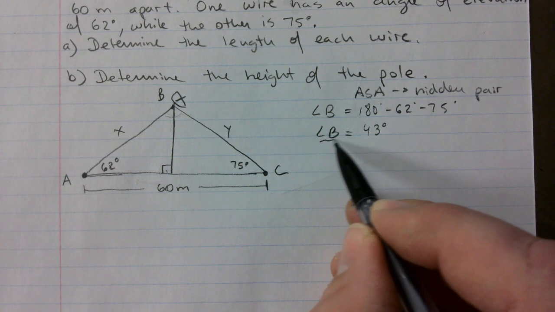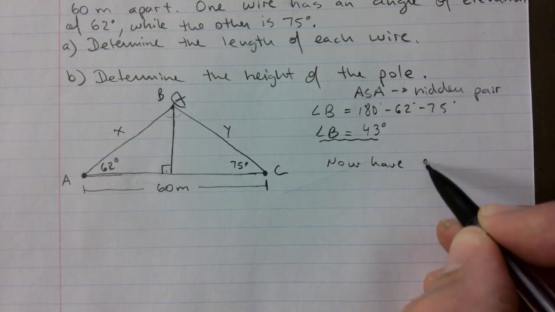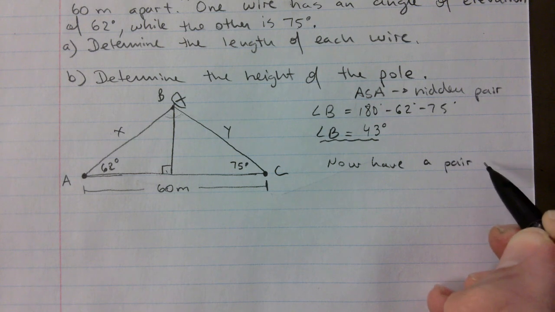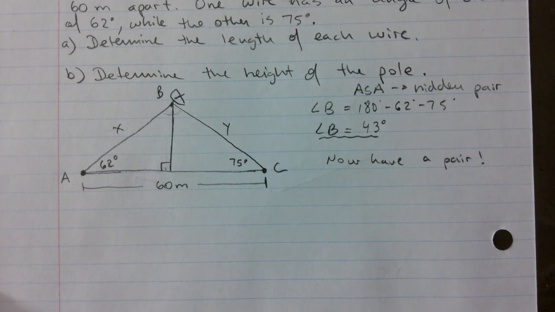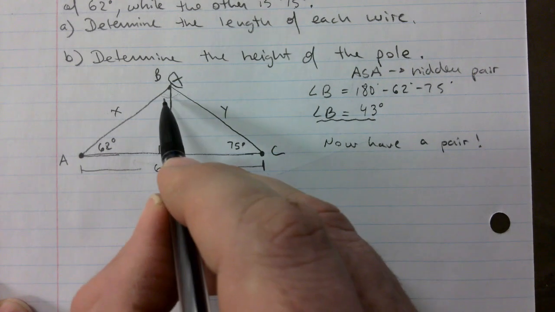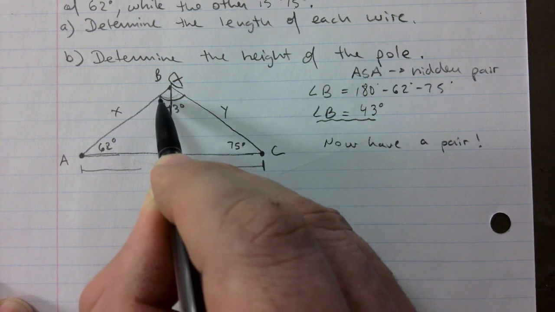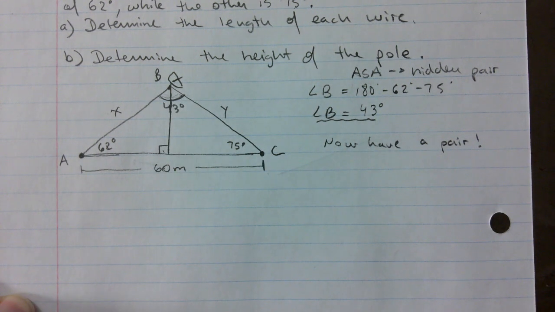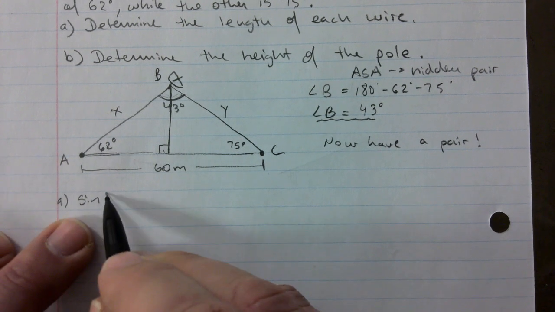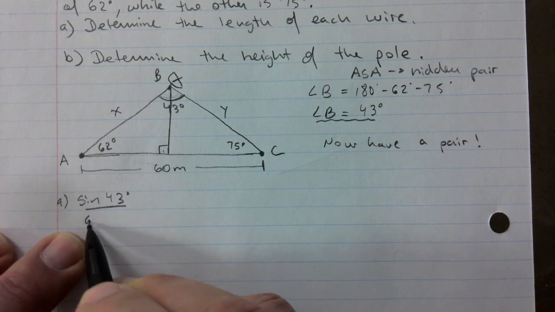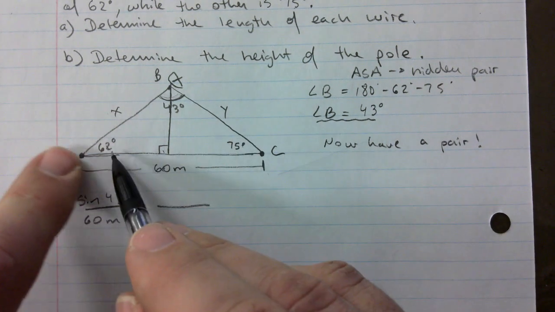Okay, so we've got that. Now I have a pair. I just want to make sure that when you look back a couple of weeks from now, you can see what happened here. So this angle right here is 43 degrees for the whole thing. Now sine of 43 over 60 meters is equal to, depending on which one you want to do first,